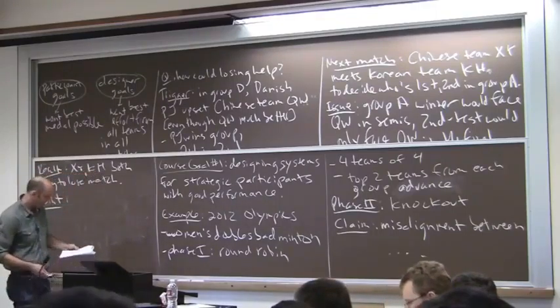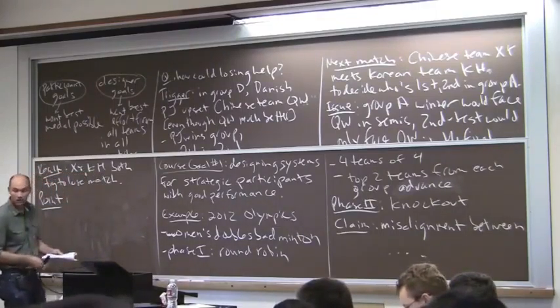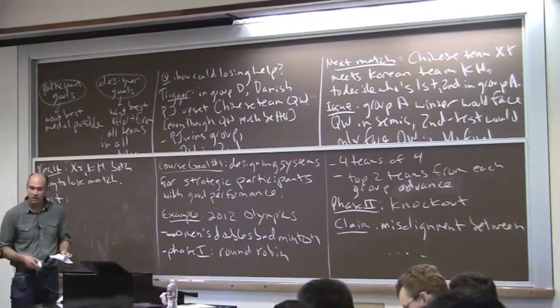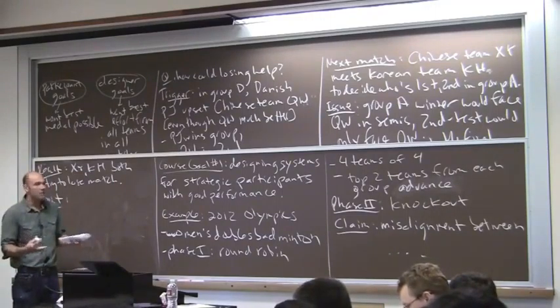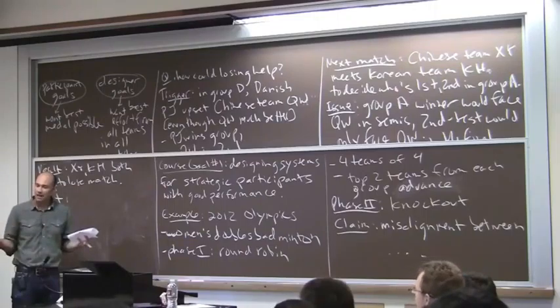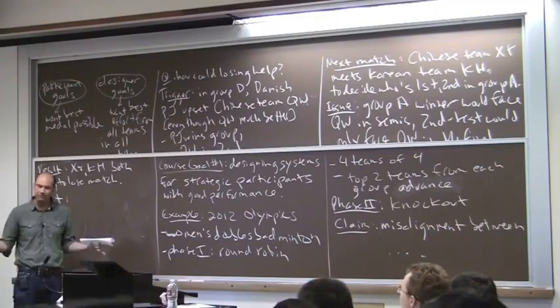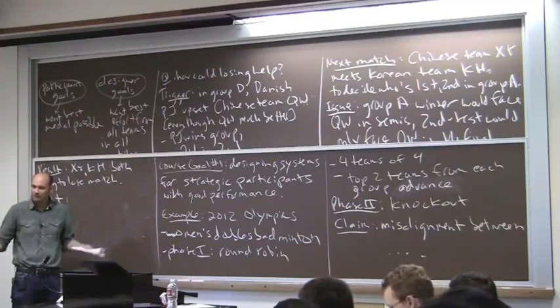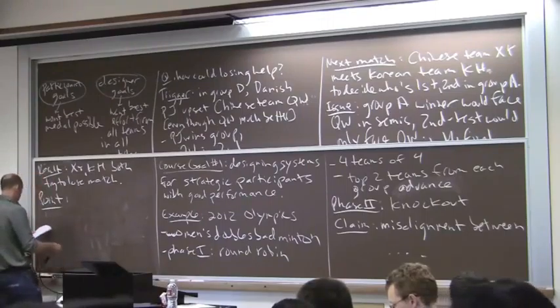Yeah? Is it possible that they threw the match to the Danish team because some other team in their group was stronger than the Danish team, so it's like one less strong team? I mean, again, there's no way I can make unequivocal statements about who meant to do what. All I can do is watch the matches. My belief is that QW did not throw their match. But I don't know what it would mean to prove that. So the point